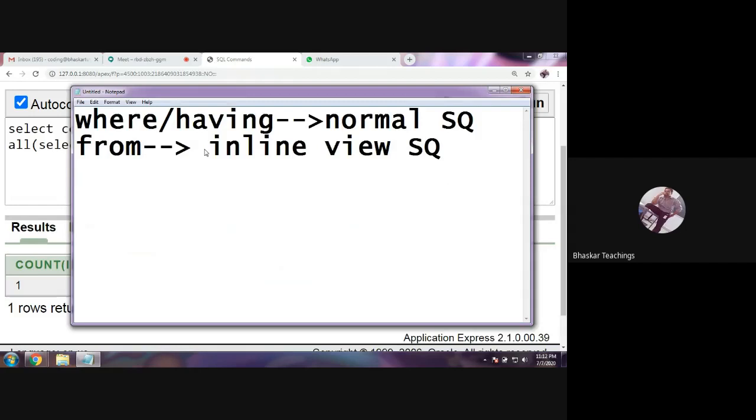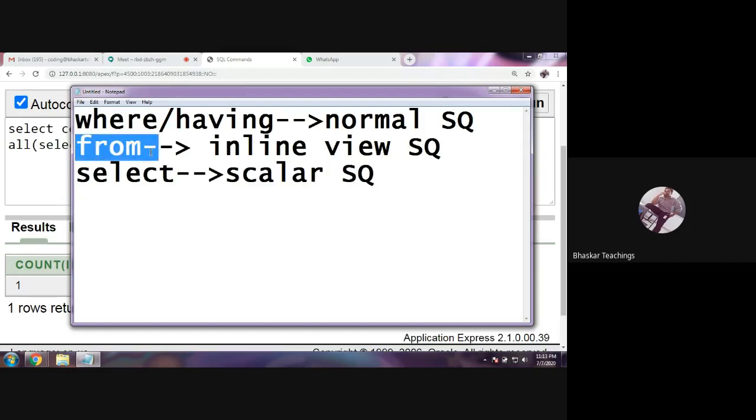Subquery. Okay, and also you can use the subquery with select clause. Yes, and it is called scalar subquery. So we have seen examples with where and having clause. We have used the subqueries with where and having clause in the last two sessions. And I have no example with from clause. We shall see in the next classes if I get any example. Coming to the select clause, we have seen a single example yesterday. If you remember, I just retrieved the data of the customers with their total bill value.